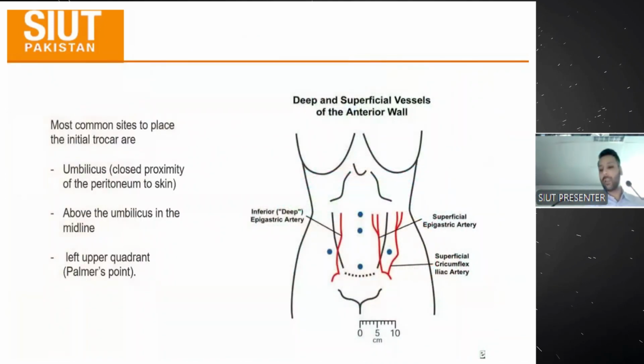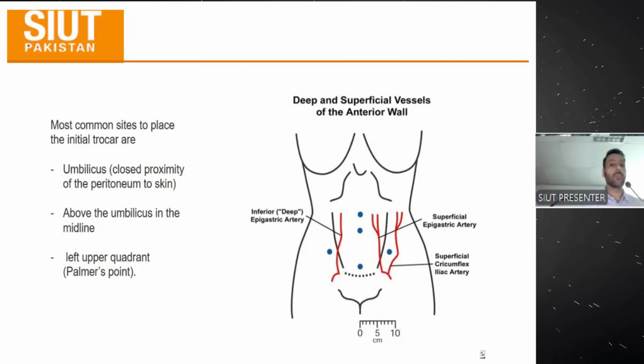Okay, so how do you place the trocar? What are the optimal positions for trocar placement? You need to understand that these are some of the common sites of trocar placement. You need to know the anatomy of the deep and the superficial vessels as well, because during trocar placement, you can damage these vessels. The common site for placement is the umbilicus, above the umbilicus in the midline, and the